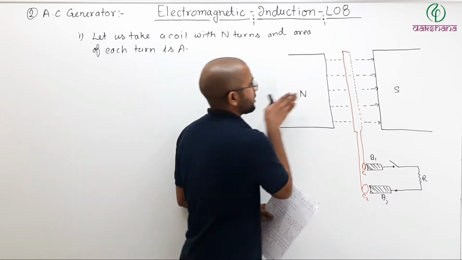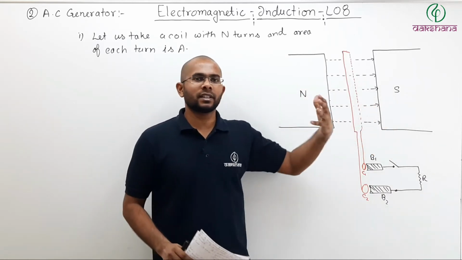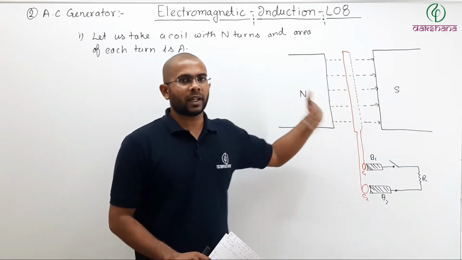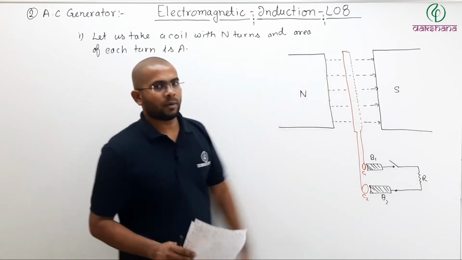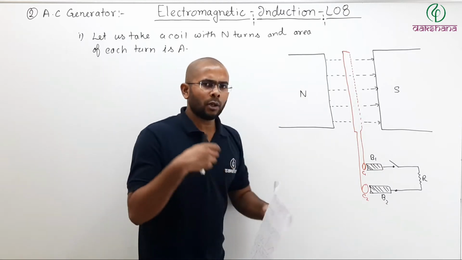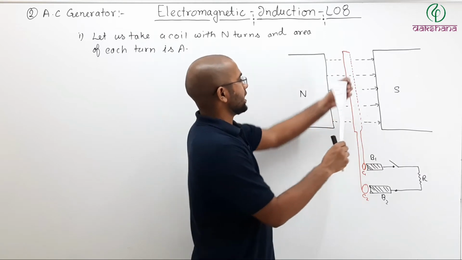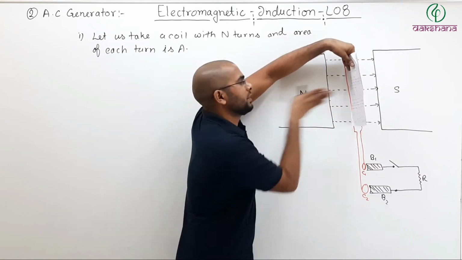Now let us say that this is the north pole, this is the south pole. Now as we have already discussed, north and south cannot be separated, but we can use an electromagnet and so on to generate a field like this. So the field is generated from left to right in that direction. Now let us suppose at t equal to 0, our coil is like this, perpendicular to your field direction.